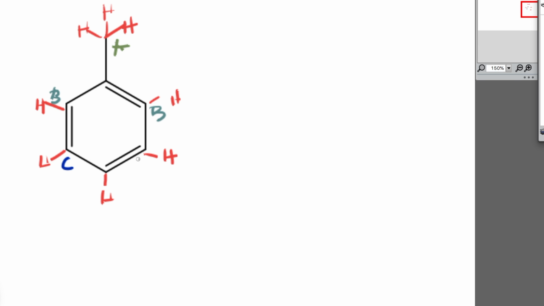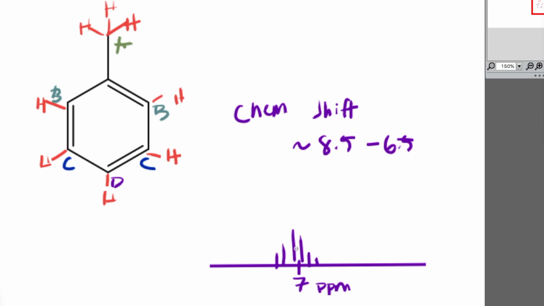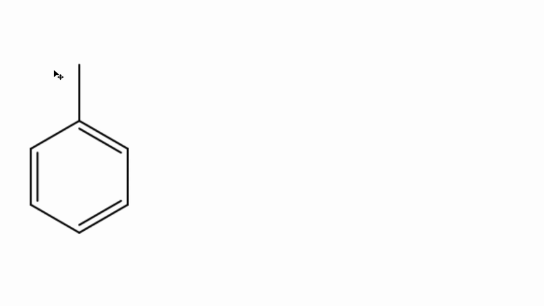The carbon opposite to the carbon with the methyl group is where the line of symmetry is. It's a different proton environment since its connectivity is different. So there should be 4 different proton environments in toluene. In an NMR spectra, you'd see a multiplet at around 8.5 to 6.5 ppm. For carbon-13 NMR,